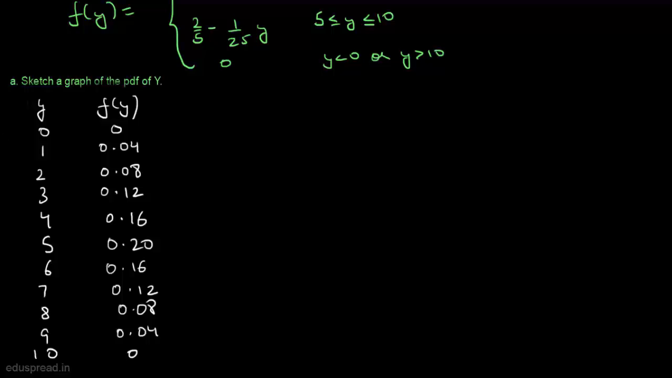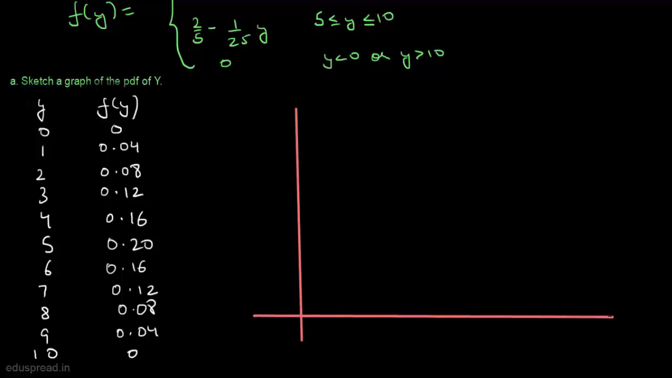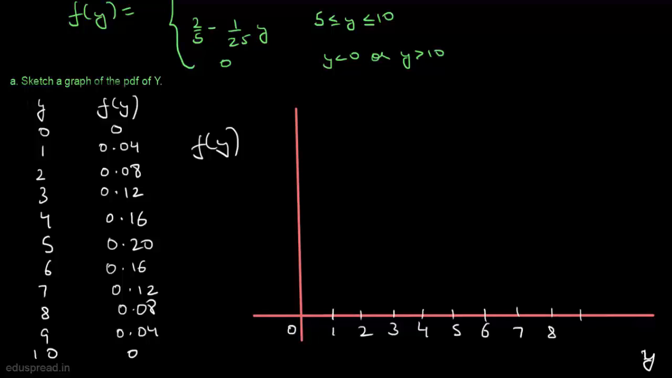Now we have to just plot these values. So let's draw a horizontal axis and a vertical axis. This is the vertical axis and this is the horizontal axis. Here we have f of y and here we have y. Y can take values starting from 0. So let's say we have 1, 2, 3, 4, 5, 6, 7, 8, 9 and 10 here. And here we have